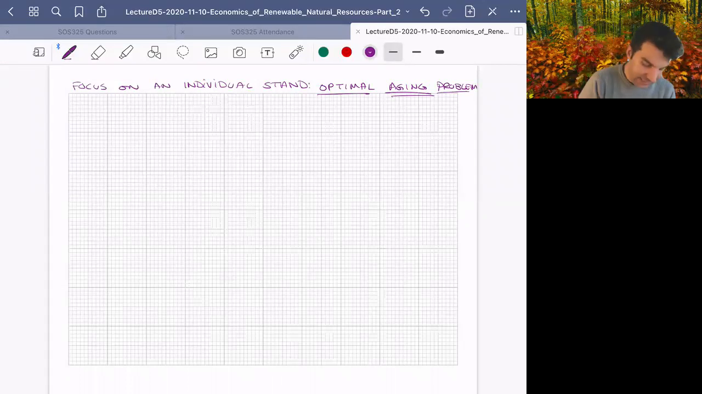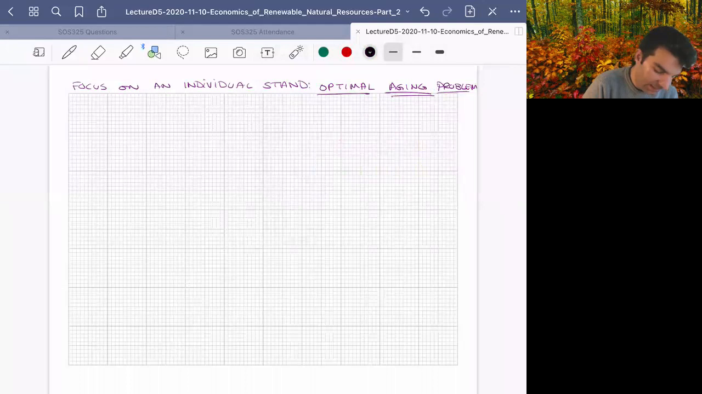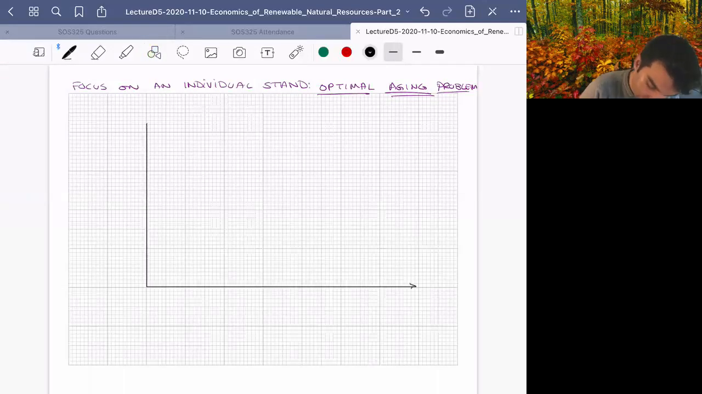And the idea here is that I would have models of how the trees I'm focusing on in that stand grow over time, and how much wood volume they produce over time. And one of those models might look like this one. So I'll just draw an axis here. This is time, t, and this is volume